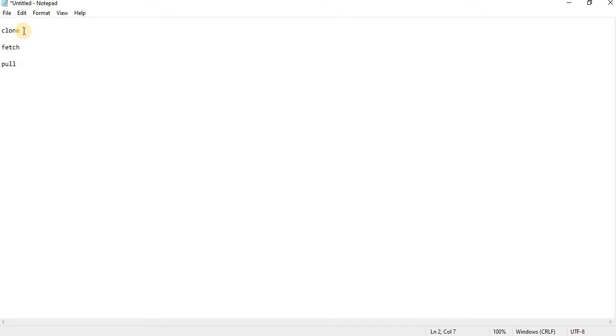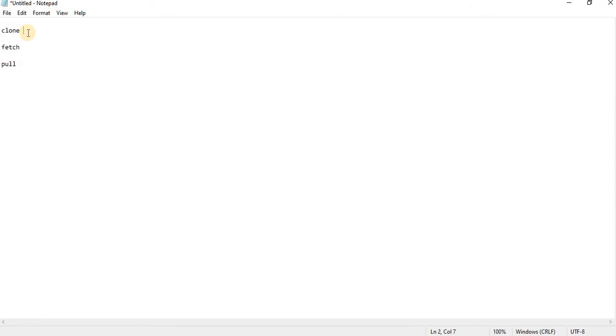Clone, fetch and pull. In general, the meanings of these three words are very similar, like in Git and in DevOps generally, but there is a slight difference. Let us see the difference among these three words. What is clone? Clone is nothing but getting an exact replica. This is generally used whenever a newcomer joins the team. If he wants the entire code from remote repository to his local, they will use the clone command.